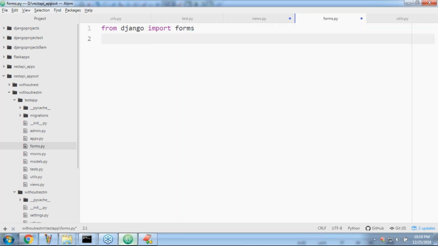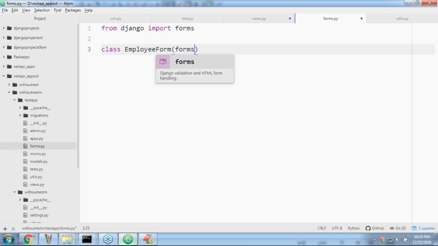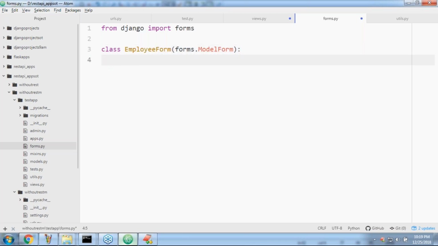Can you please tell what the next one is? Class EmployeeForm of forms.ModelForm, because we are creating a model form.